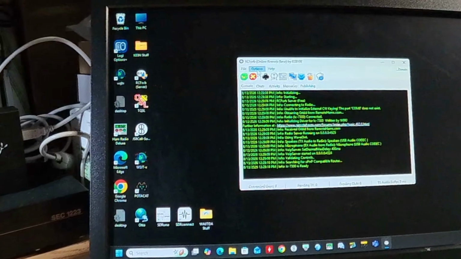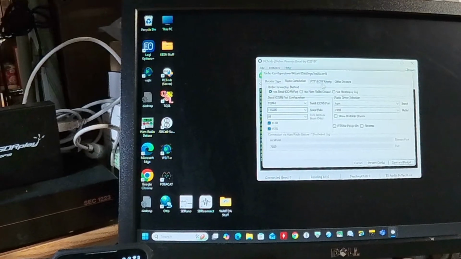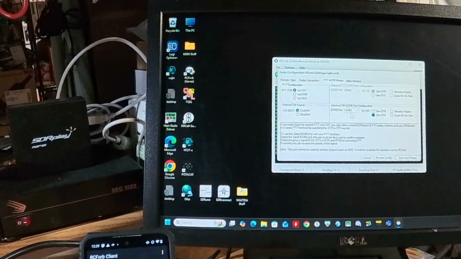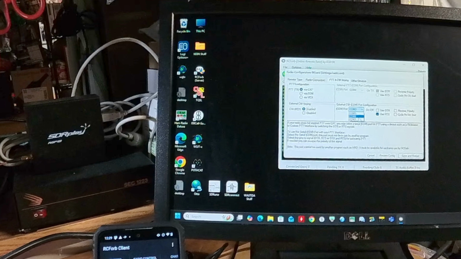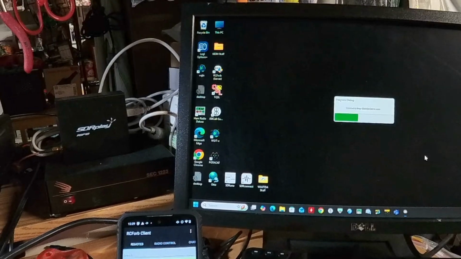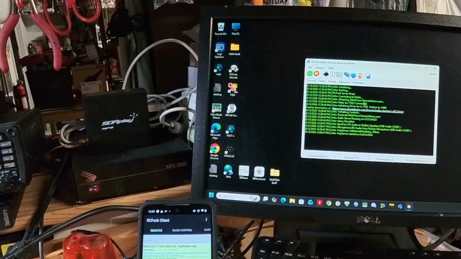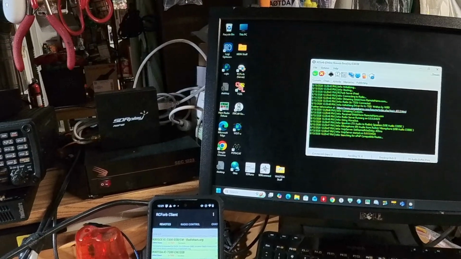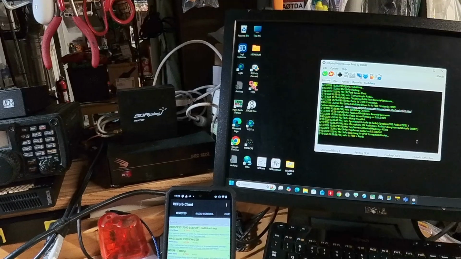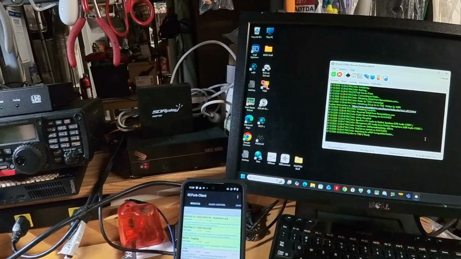So what we're going to do in the options, we're going to go to radio configuration, PTT and CW keying, and down here where it says COM port, this happens to say COM port 3 for CW, we're going to go to COM port 5, save and restart, and now we're connecting to radio, and lo and behold, there's no driver or port error there, so we are now able to operate CW, or any of my users, I should say, will be able to operate CW using